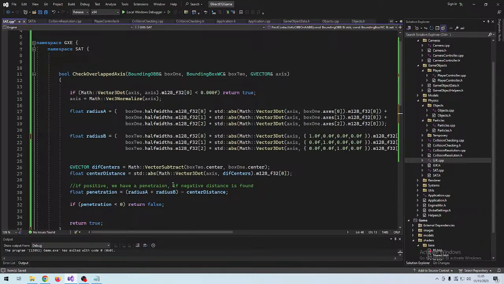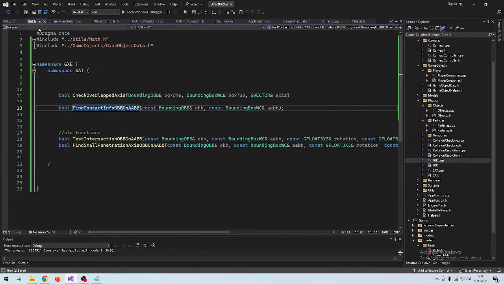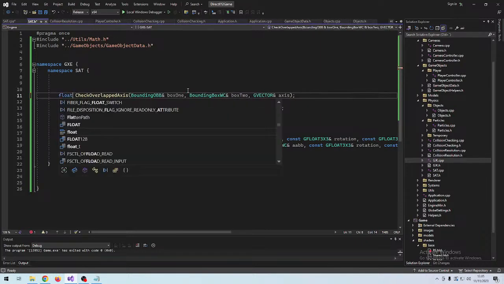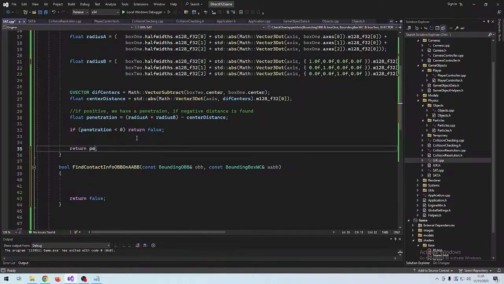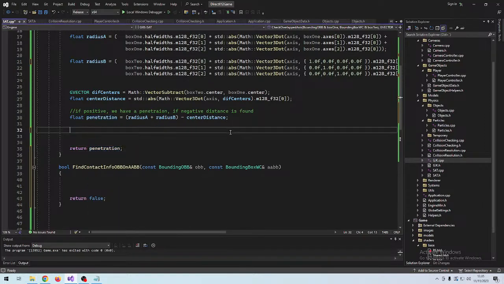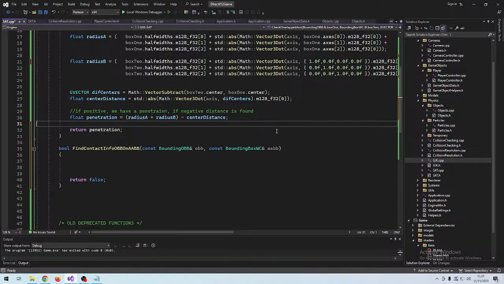Yeah, we could do that. If we return the penetration instead of checking the information,